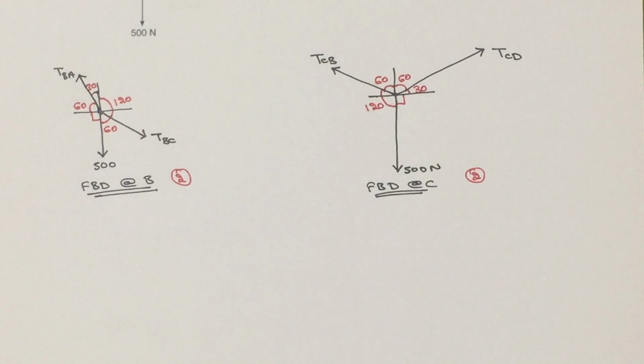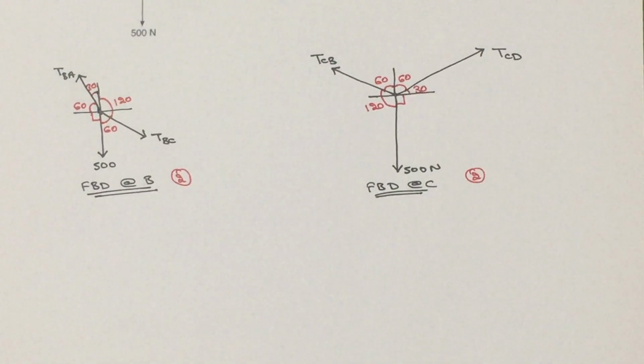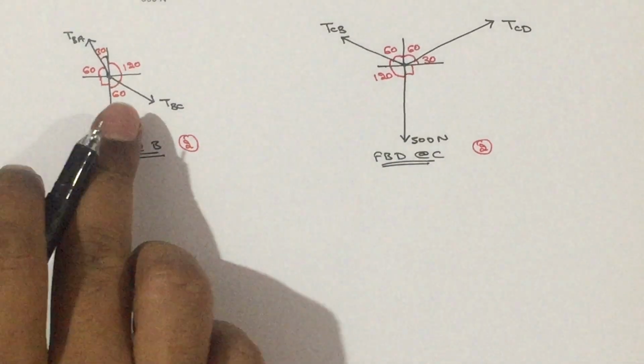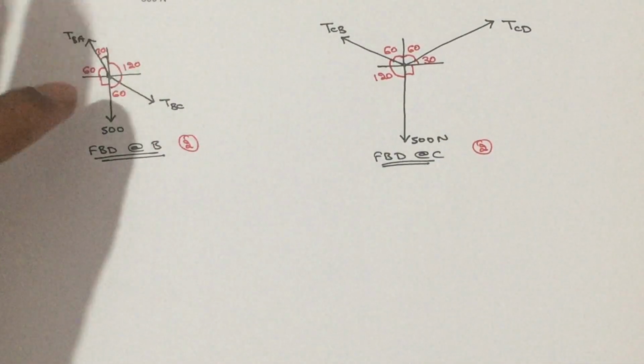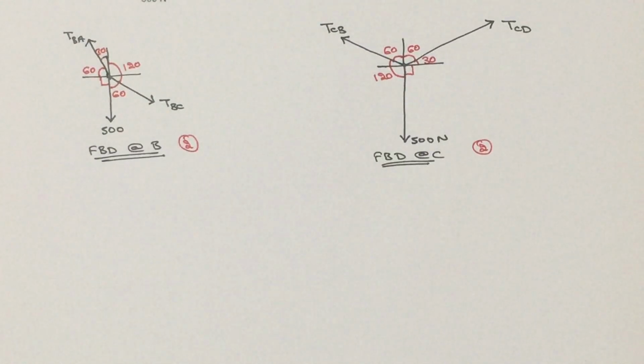Any free body diagram we can solve first because it has an equal number of unknowns. Any one you can solve. So, I am going to solve the first free body diagram, this one. Now, we have selected the free body diagram, then choose the method. Which method are you going to choose?